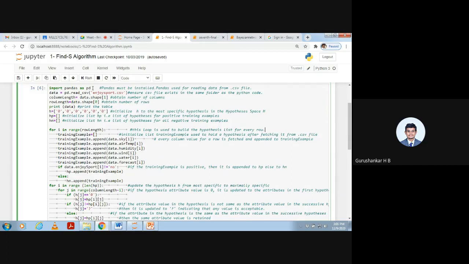the file is read. The file name is enjoysport.csv, and that is stored in data. So here we are ensuring the CSV file exists in the same folder as the Python code, and we are loading the CSV file into data, and then